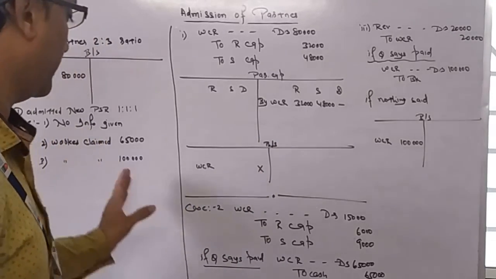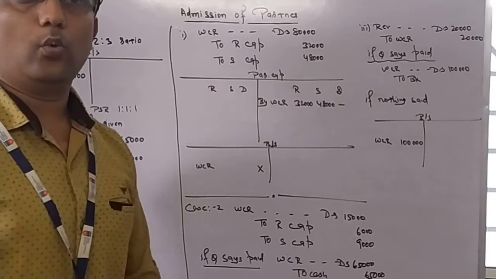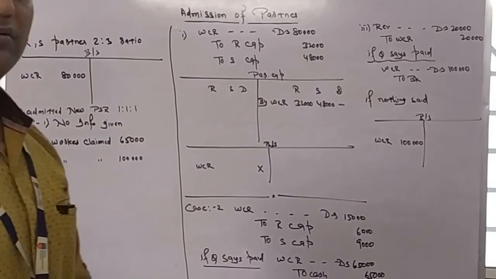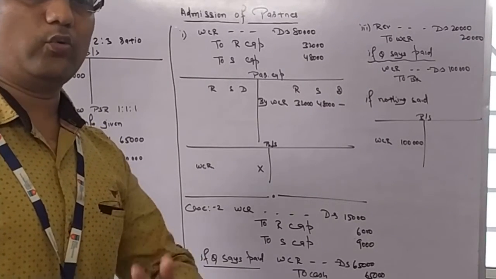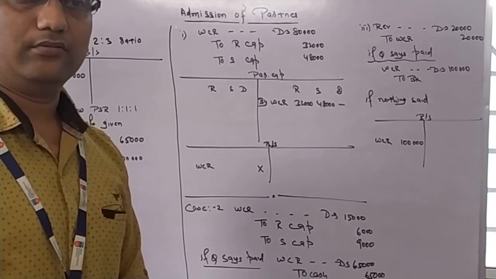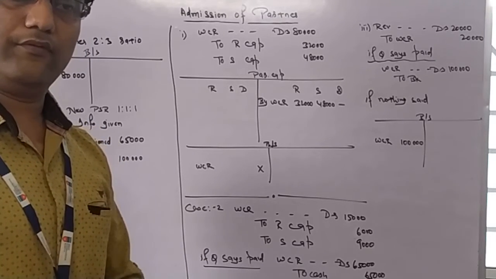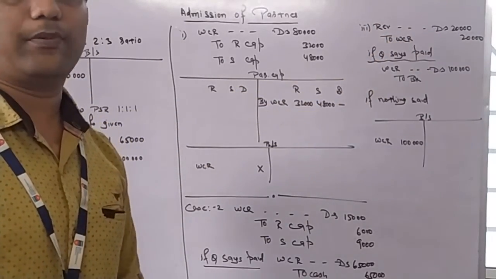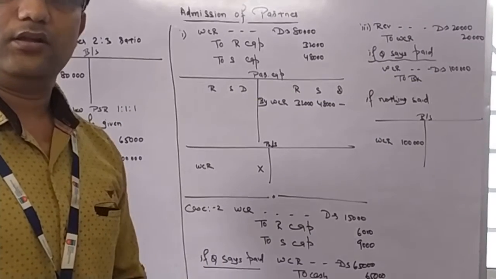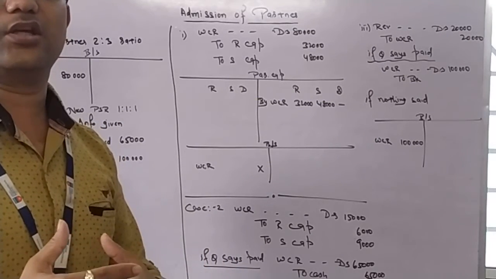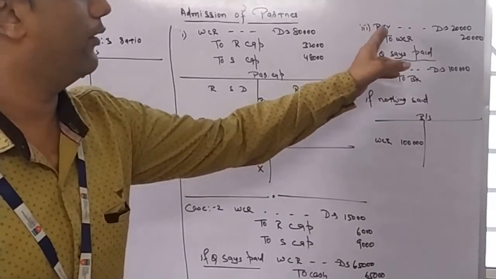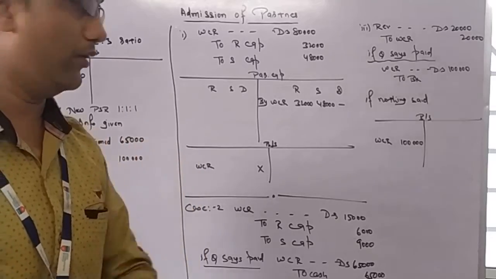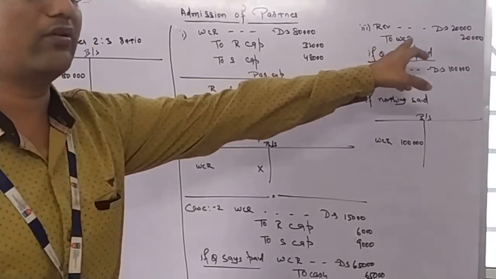65,000 rupees. Third case, worker has claimed 1 lakh rupees. I have a reserve of 80,000. Worker has claimed 1 lakh. Now what to do? 20,000 more reserve first needs to be created, and then we will pay off the liability. First, revaluation account debit to workman compensation reserve. Any new creation of a liability or asset, we will do it by revaluation account. Revaluation account debit to workman compensation reserve 20,000. Now I have a 1 lakh reserve: 80,000 there in the balance sheet, 20,000 newly created.